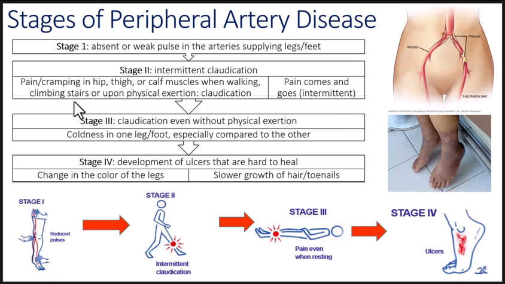With stage 3, so with progression here, now these individuals are getting claudication or that cramping even without any physical exertion. They might have temperature changes within their leg or foot, so a coldness sensation because of a reduced blood supply. In stage 4, this is where development of ulcers occur, and these can be very challenging to heal. The skin can start to show color changes, slower growth of hair and toenails, and just overall poor healing. So this is not a stage that you want to find a person in. You want to catch it early on to allow